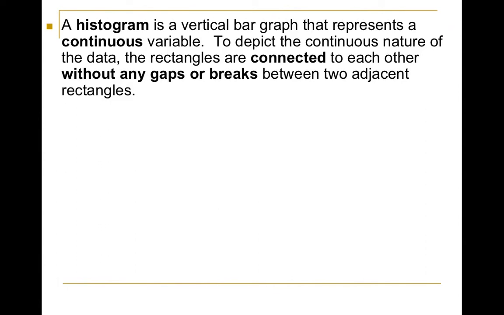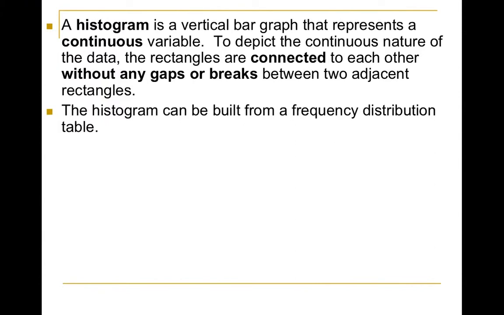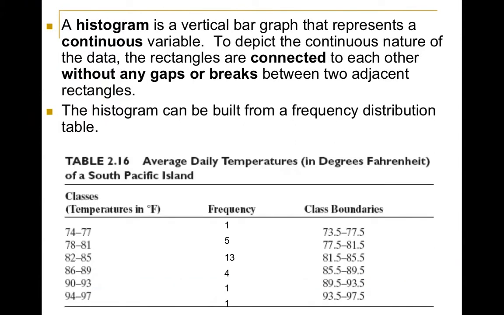A histogram is a vertical bar graph that represents a continuous variable. To depict the continuous nature of the data, the rectangles are connected to each other without any gaps or breaks between two adjacent rectangles. The histogram can be built from a frequency distribution table. So notice that